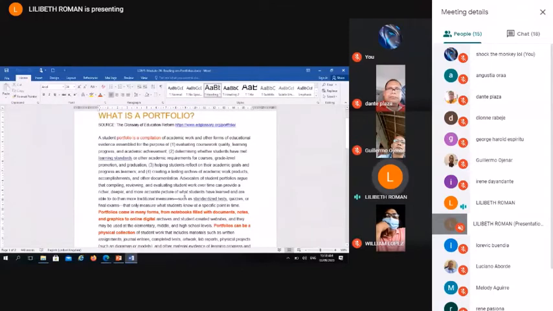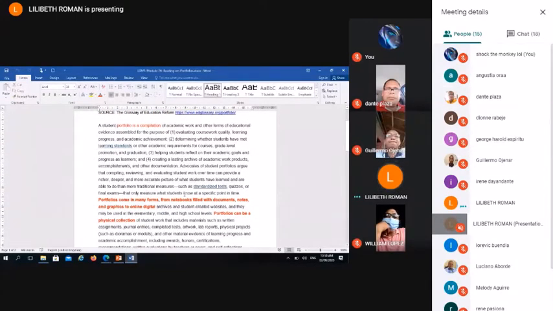The same with our students, our teachers are asking portfolio from their students. And so in our LAC sessions, we are also asked to have a portfolio at the end of the sessions. We all know that portfolio is a compilation of all the outputs being required from us. And then portfolio